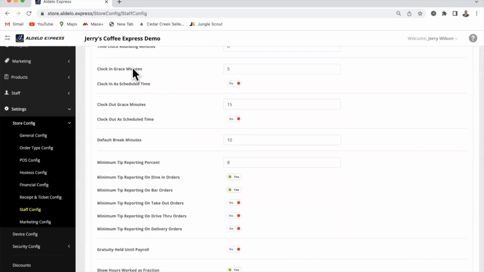Here's your clock in grace period that we talked about. Default is 5 minutes, but you can set these for whatever. Now, sometimes you want to clock out grace minutes for a little bit longer on the back end so that cashiers and others can do their cleanup and their prep work for the next day. That's a decision made by the restaurant, but there certainly needs to be some kind of leeway before and after